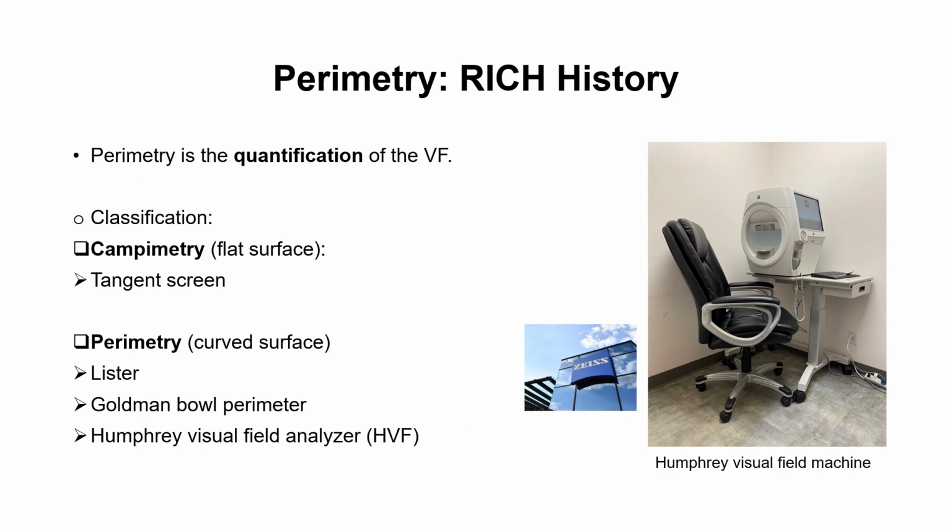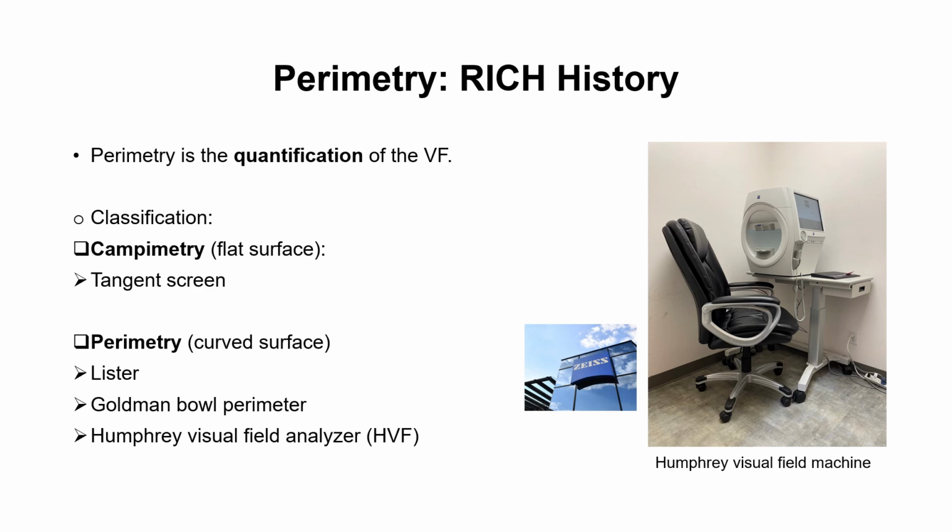So, coming to perimetry, which has a very rich history and a long-standing, well-established trajectory. Perimetry is the process where you quantify the visual field. It has been classified into two main branches. The first one is campimetry, which uses a flat surface, and one of the most popular examples of campimetry is the tangent